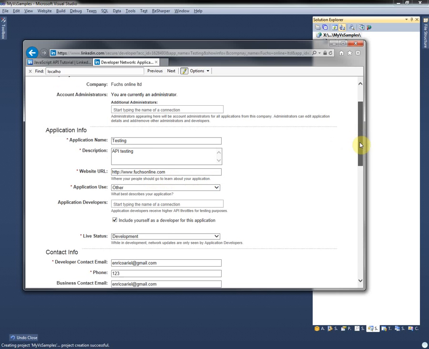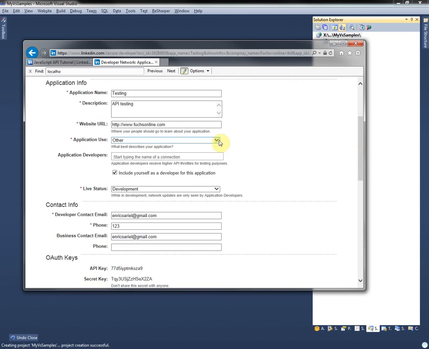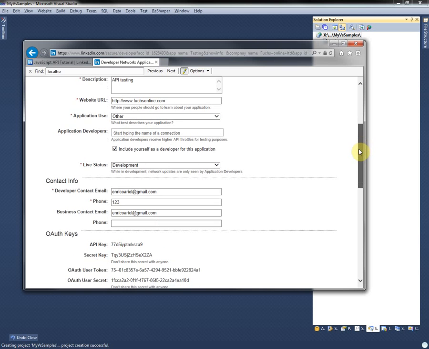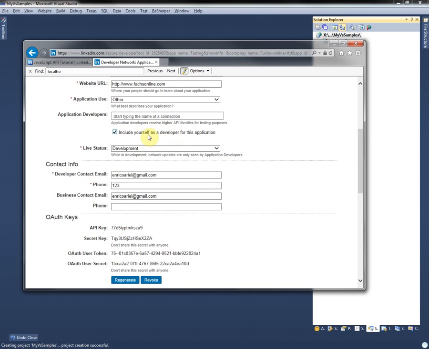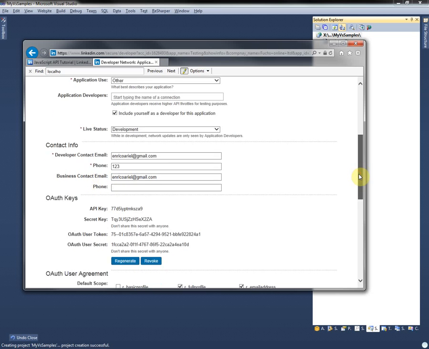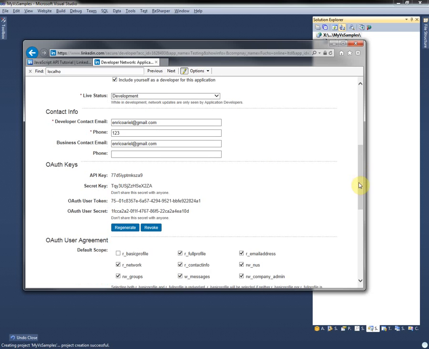Now it's just a testing, so I've set my website. Application user doesn't matter in this case because it's a testing application. Yourself as a developer of this application, live status, it's a development application, my contact emails, my phone number, and